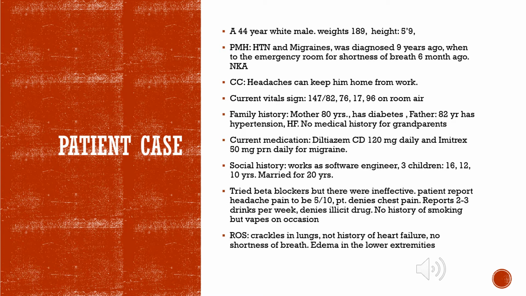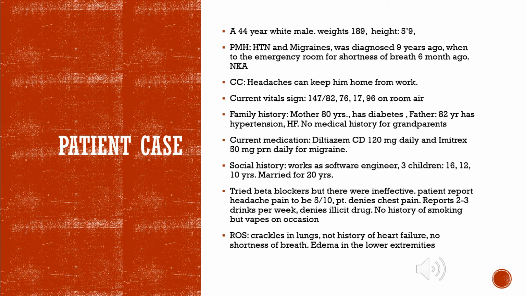His current vital signs are blood pressure 147 over 82, heart rate 76, respiratory rate 17. He is 96 on room air for oxygen. His family history includes his mother, who is 80 years old and has diabetes. His father is 82 and has hypertension. There's no medical history on his grandparents at this time. The medication that he's currently taking is diltiazem CD 120 milligrams daily, and Imitrex 50 milligrams PRN daily for his